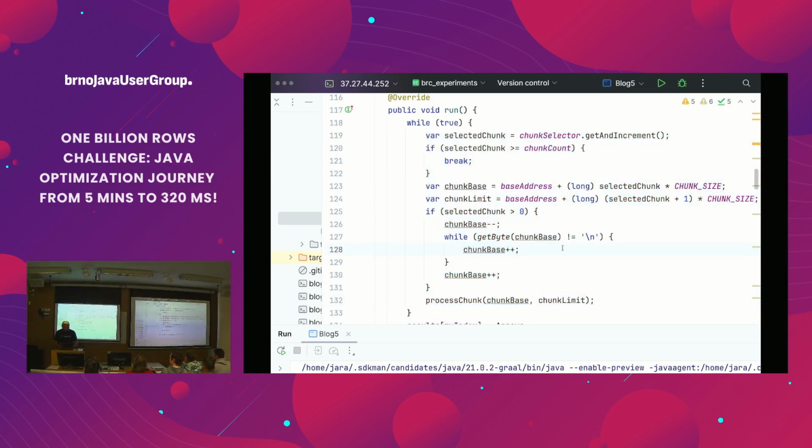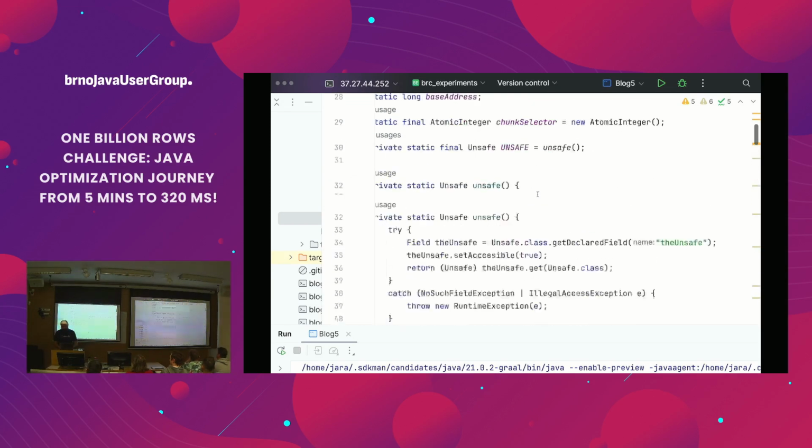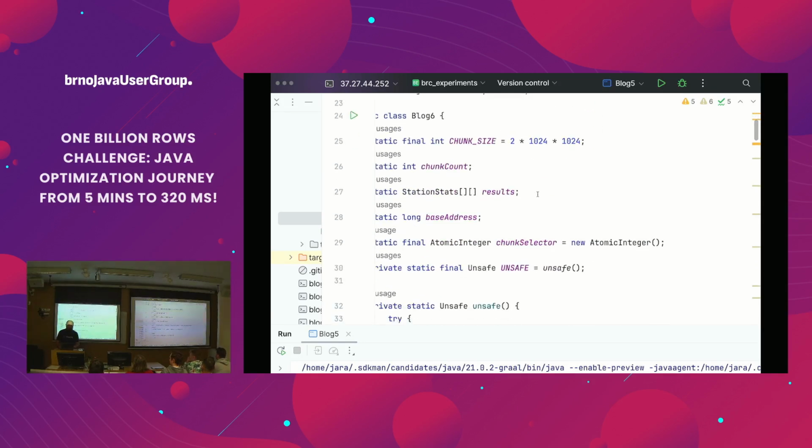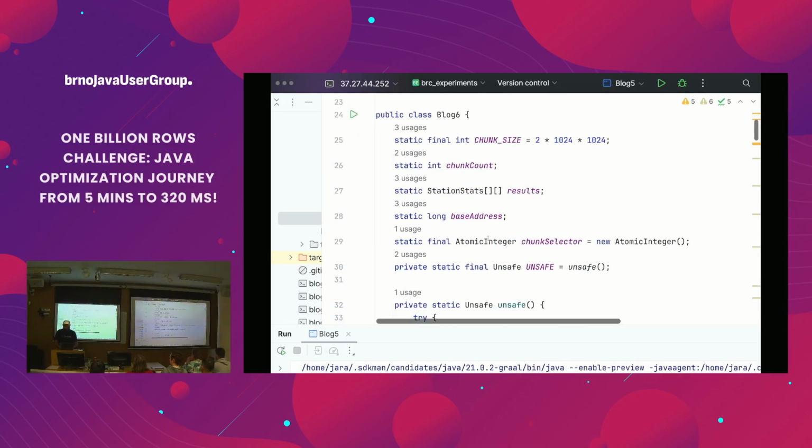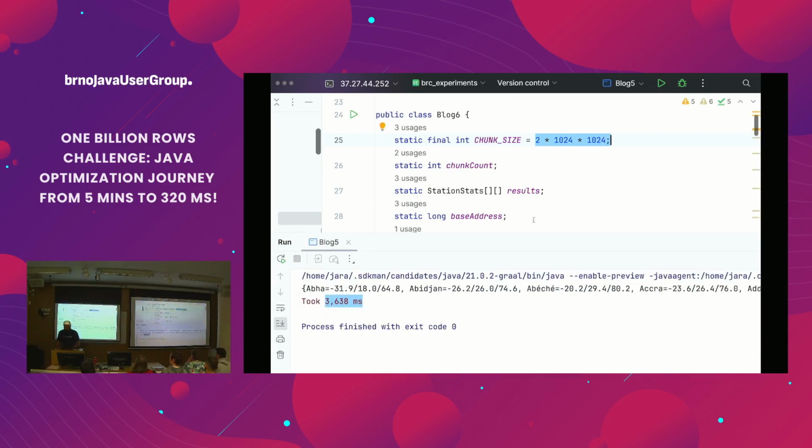And there is of course the question of the chunk sizing, because if the chunk is too small, then there will be a lot of contention on this atomic counter, because there will be threads calling this slow atomic operation too often. There will be CPU coherence traffic, and it will be slow. If the chunk size, okay, not 10 megabytes, 2 megabytes, if the chunk size is too large, then the work stealing will not work that effectively. So basically, this is a guesswork to come up with a good chunk size. What else?